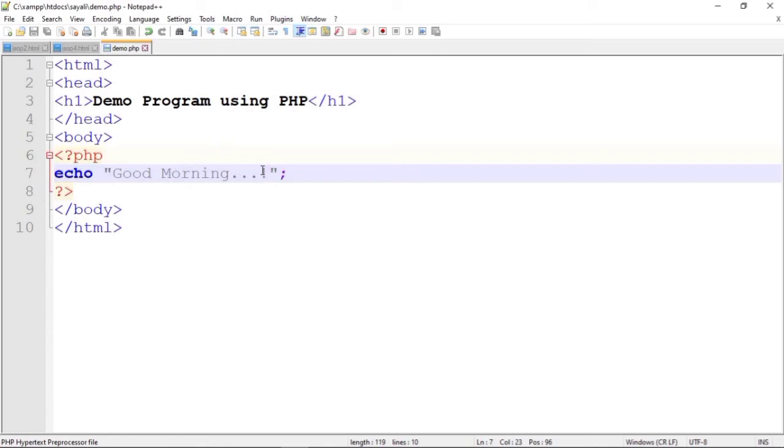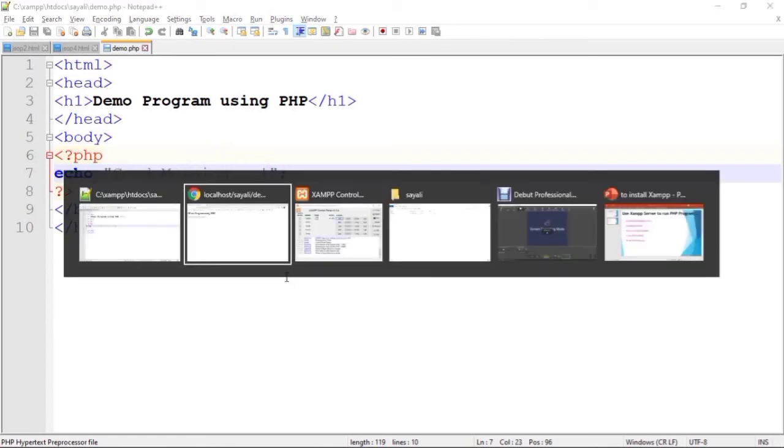Save this program. To save, again press Ctrl S. After that, here refresh the page to see the output. See here, now we can see heading is demo program using PHP and echo statement is good morning. So in this way we can create a PHP program and we can run the PHP program,